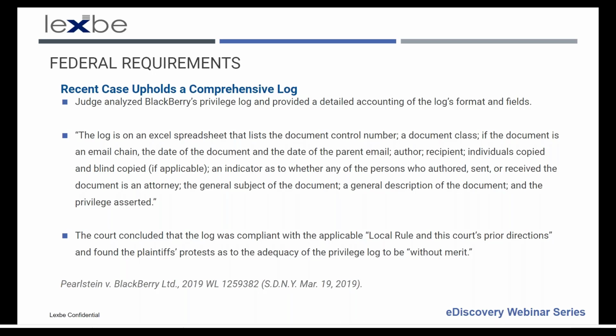But it gives you an idea of some of the stuff that can be included in privilege logs, although I think this goes beyond what I've seen in other cases as being a requirement. But this one had a document control number, which is probably a base number, a document class, or the type of document. If it's in an email chain,